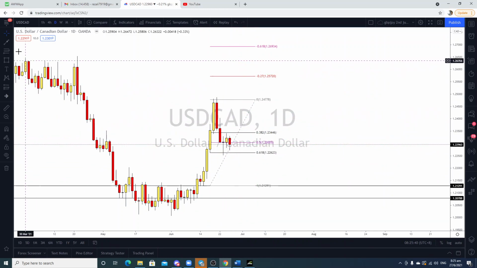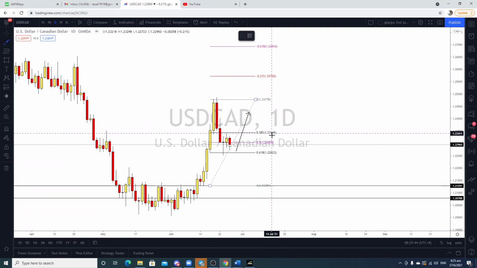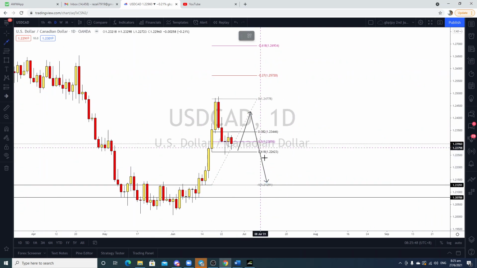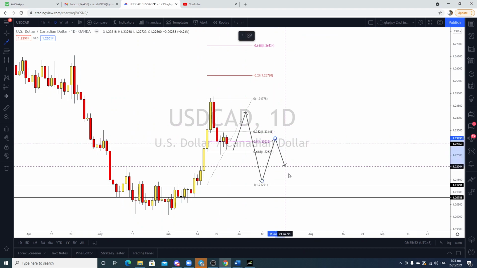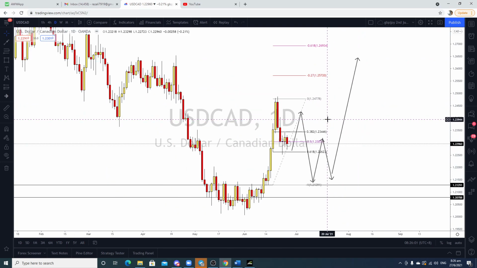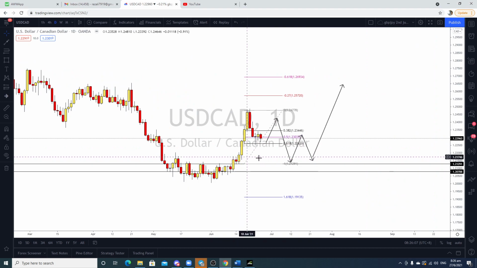In this case, what will most probably happen is you will just go up here, and then the next sweep will also be the NFP, and then price possibly comes down again, and then we can see a roller coaster. It's not going to be a straight line, it's not going to be pretty at all. Before a big move happens, price will always consolidate and move sideways, up and down, up and down, before anything happens.